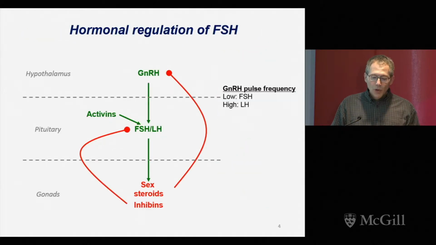So I don't have time to go through all of the details, but FSH in the pituitary, its synthesis and secretion is controlled in a positive way by factors from the brain, like gonadotropin-releasing hormone, from factors within the pituitary, such as the activins, which positively stimulate FSH production and secretion, and then negatively by hormones that come from the ovary and the testis, which feed back to either selectively suppress FSH or do so indirectly by suppressing GnRH secretion.